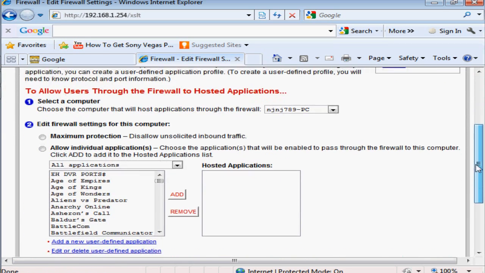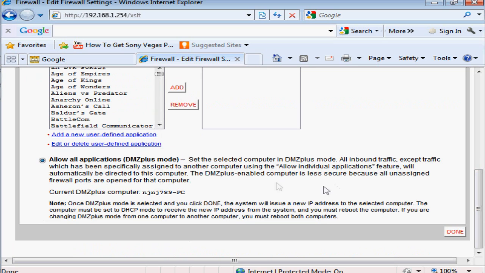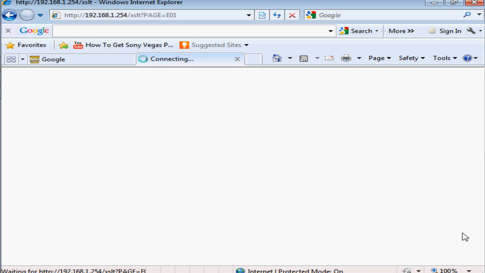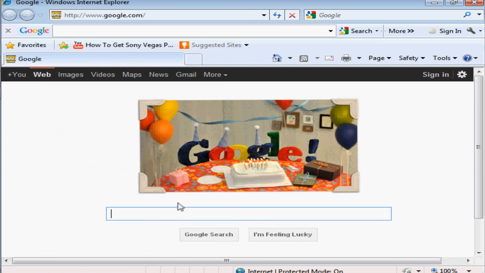Then you're going to want to change it from max protection to allow all applications. This will open all ports that are in use. Now hit done. After you click done, if you're doing this for the first time, if you're changing it, you will need to restart your system. And then after you restart your system, go to Google and type in SpyNet